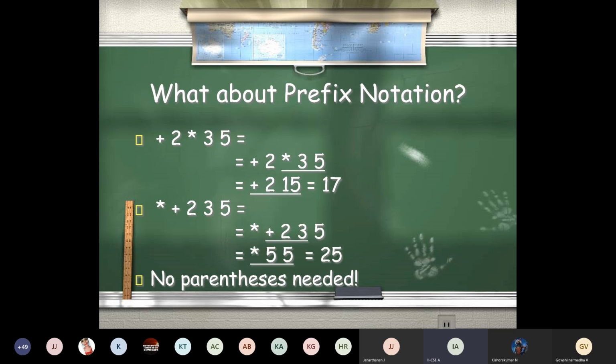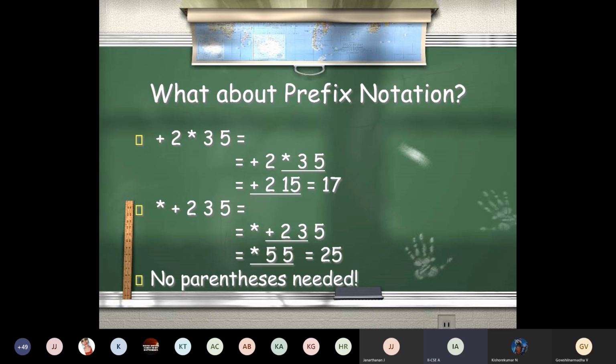The plus will be applied on the nearest possible 2 operands. So 2 and 3 will be added first. Then you will have 5, and then you will multiply 5 into 5, you will get 25. So you see these two expressions, the operator goes in different places, based on which you are going to evaluate first. If I am going to evaluate 3 into 5 first, the expression is going to be plus 2 star 3 5. You have to place the operator near the two operands which you are going to evaluate first.